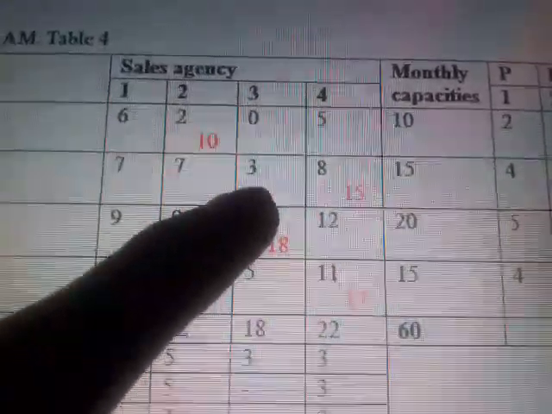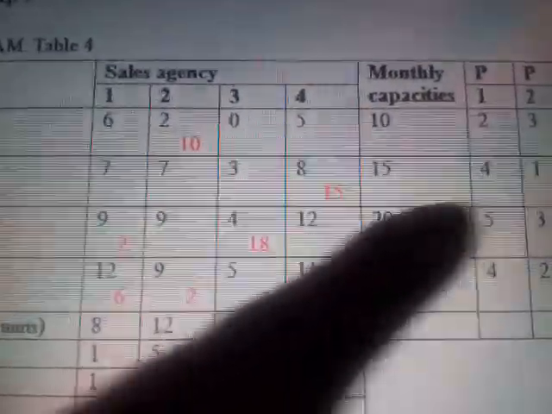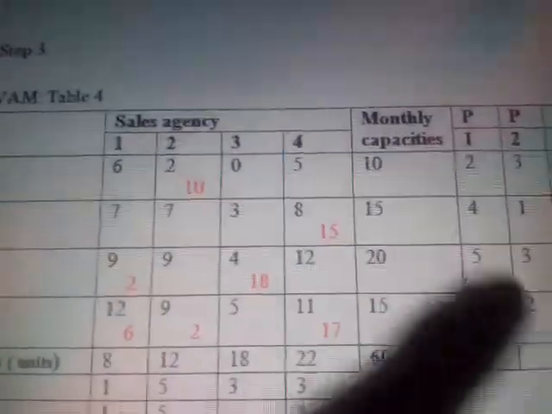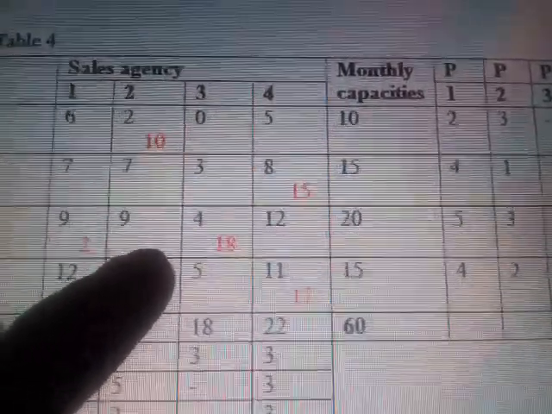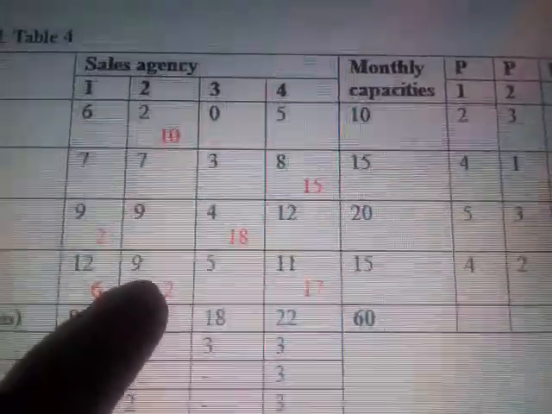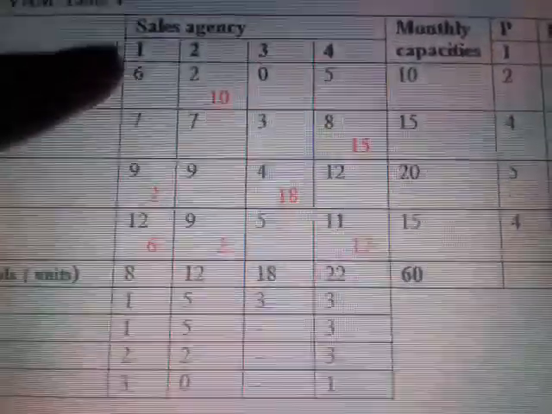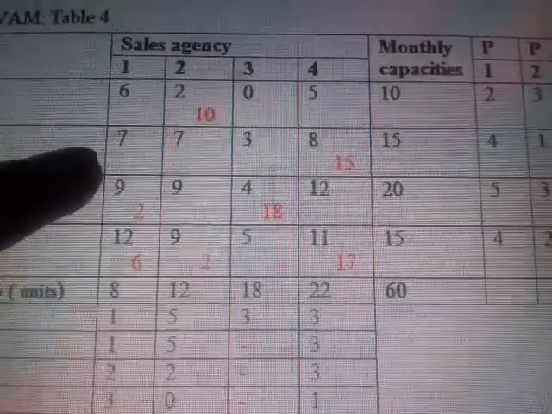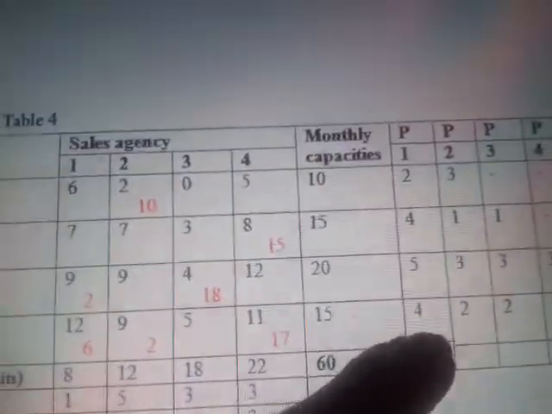The next least ones are 3 and 7, okay. 7 minus 3 will get 4, okay. Like that you have to subtract each two least values, okay. 4 and 9 if you subtract, you will get 5, okay. Then again 4 and 9 here, then you will get 4, okay. Similarly column wise you subtract, okay. Here the least are 6 and 7, okay. 7 minus 6 you will get 1. So from these penalties you have to find out the maximum, okay.